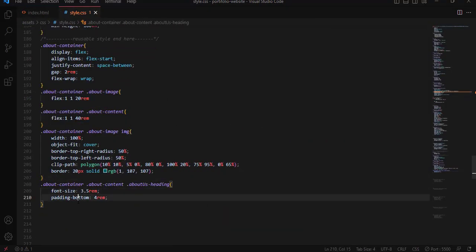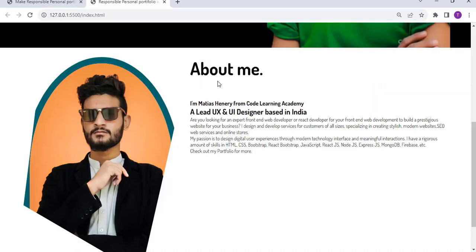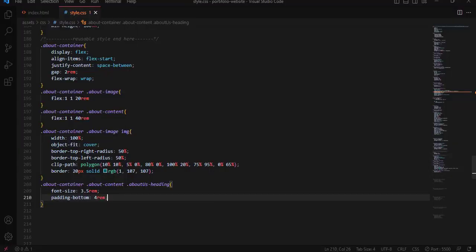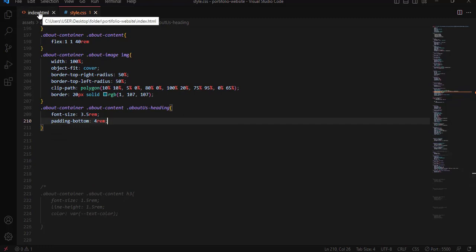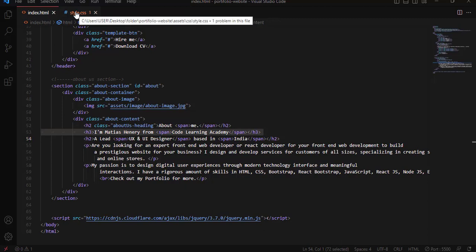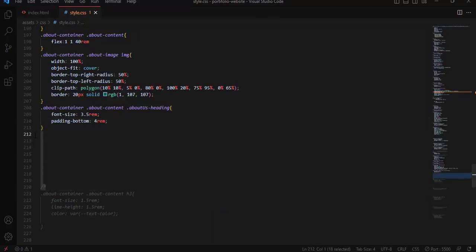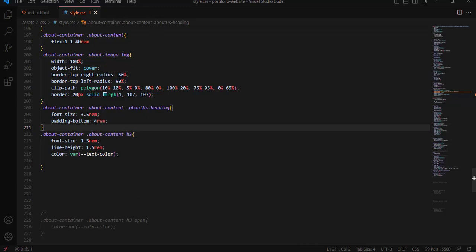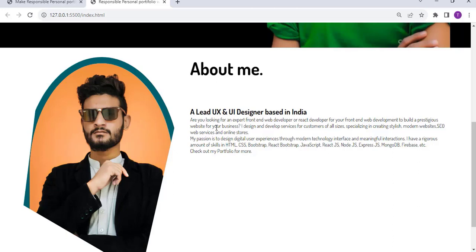Now, using this class selector about us heading, font size we have and padding we have right here. After that again, using this element selector, let me style the H3 element right here, the text which is found inside the H3 element right here. So here we have font size 1.5 rem and line height 1.5 rem and color we have a text color right here, which is white. After that, when I save and refresh, you see,